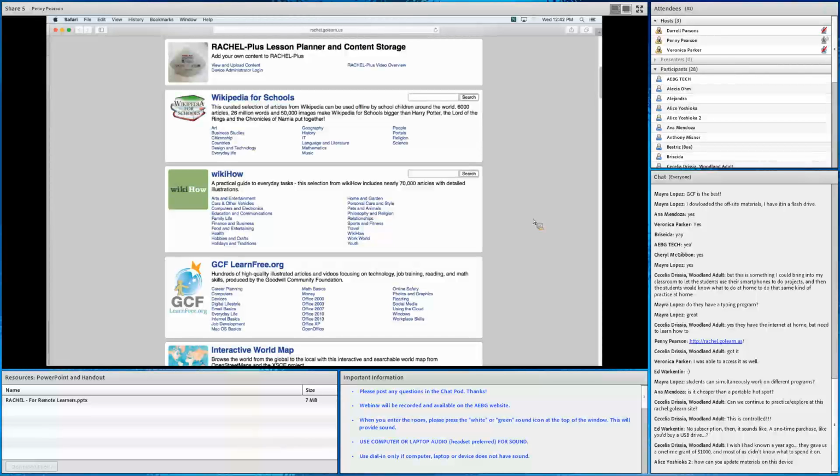Alice, when you ask about updating the materials, the Rachel team, especially the Rachel Friends team, they will update the content about once or twice a year. I think it's every 6 months. And then you simply plug in your device to a live internet connection. There is a plug. Maybe I should show you that so you can see it, because I get this question a lot. Hold on. Let me start my webcam here. Come on. I pressed the button. Here we go. Hold on.